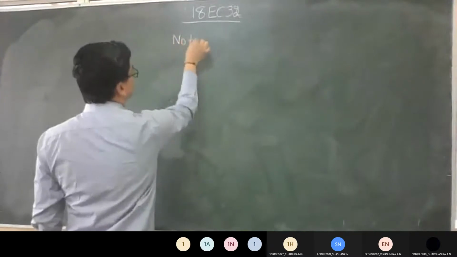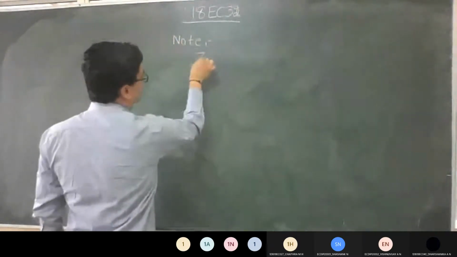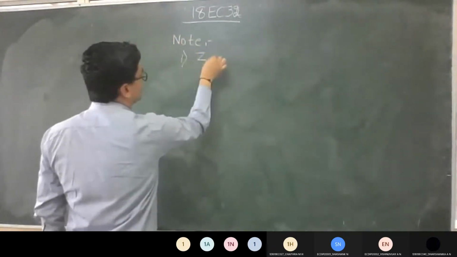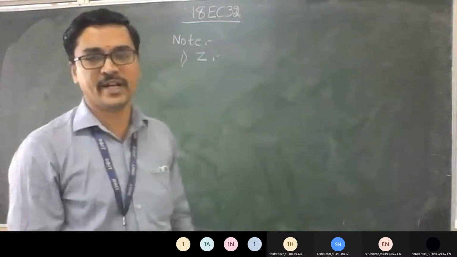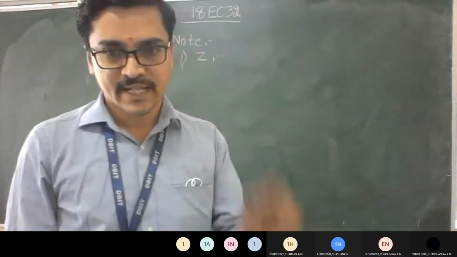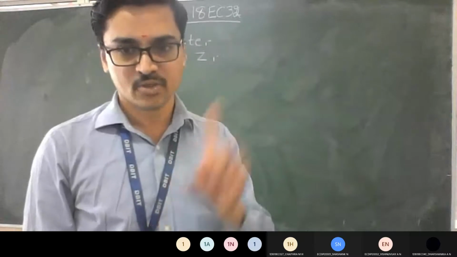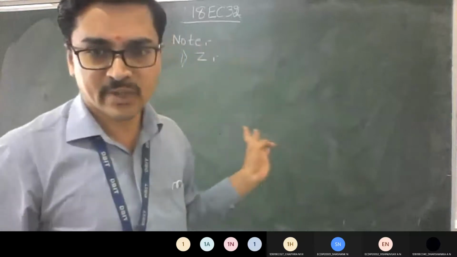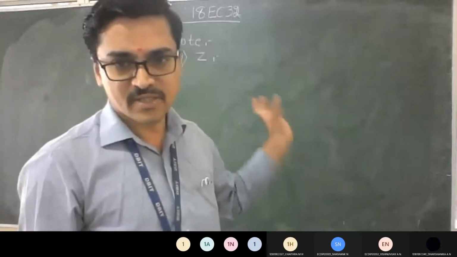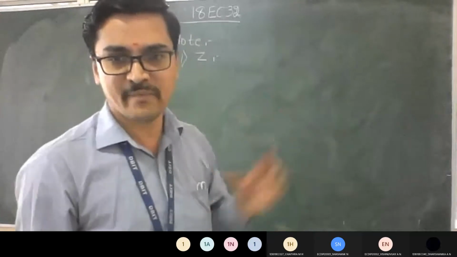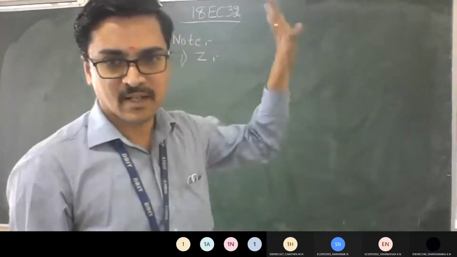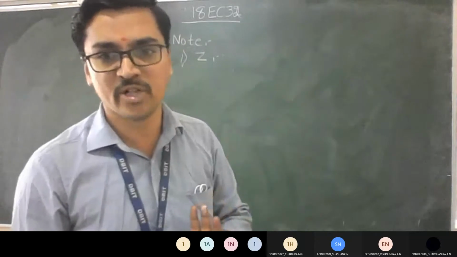Before going to the Z parameter, I want everyone to make one note. Write a note here in the book. We'll try to understand the general equation we need to follow for the 4 parameters. Each parameter has one general equation. If you know those 4 general equations, you can get 20 marks easily. This general equation plays a major role here. If you make a small mistake in the general equation, the complete derivation or complete problem is going to be wrong.